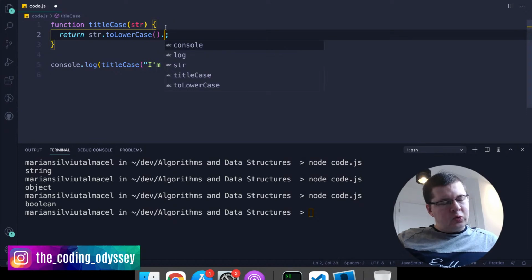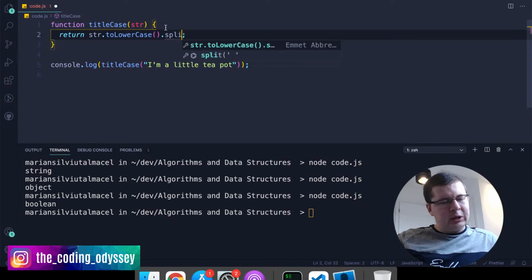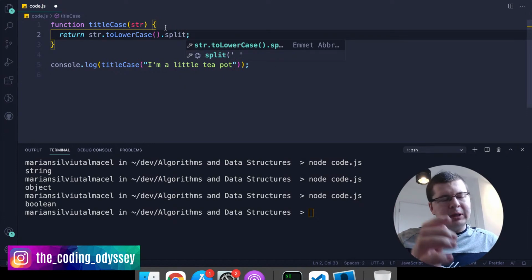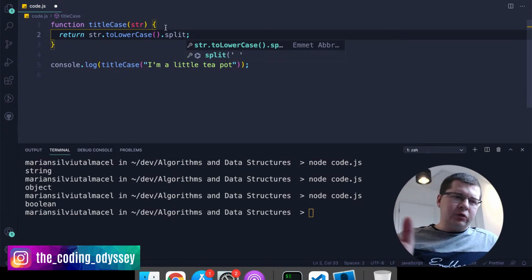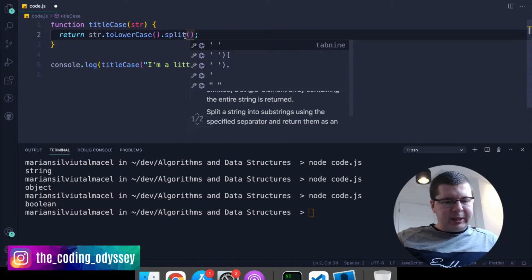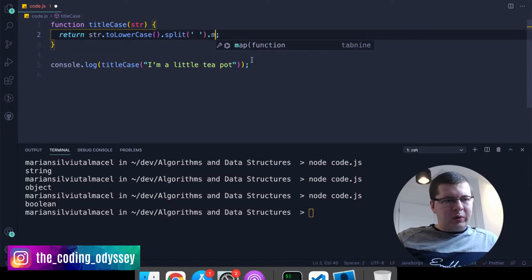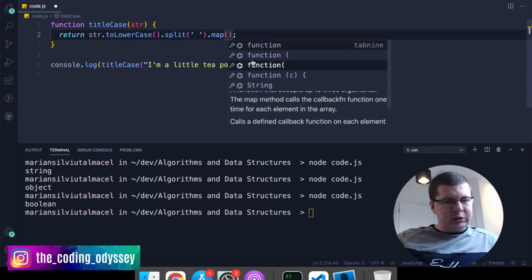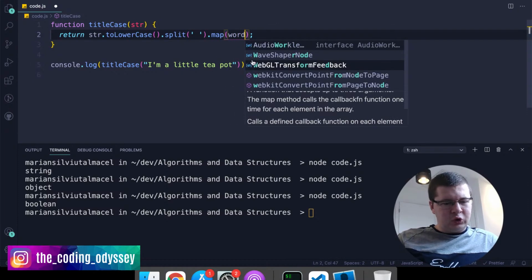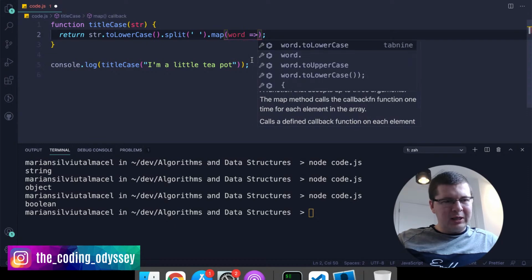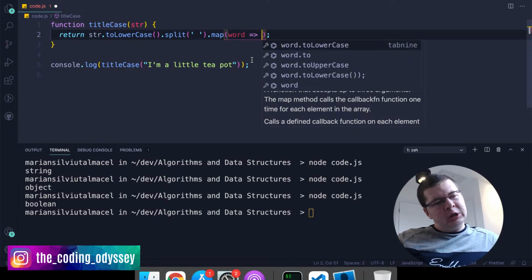And then we could, for example, split, and we basically learned all these methods previously. I also have YouTube videos on my channel about most of these methods, so you can check them out if you don't know how they work. And we can split this by space, so we're gonna make an array of all the words. Then we want to map through all the words one by one, and we want to return